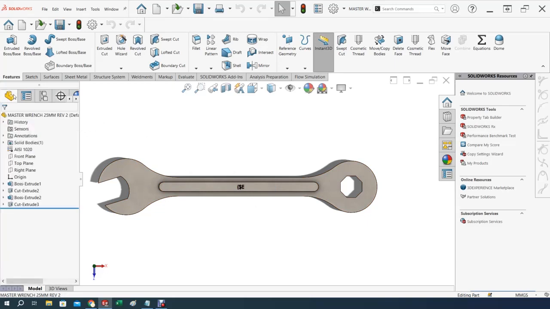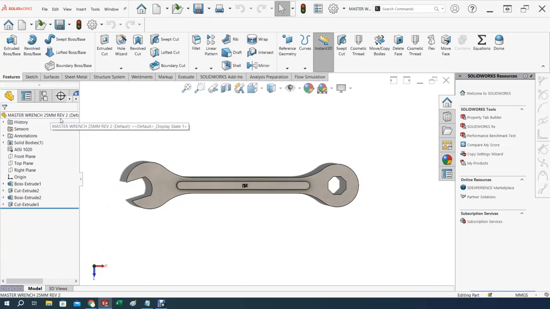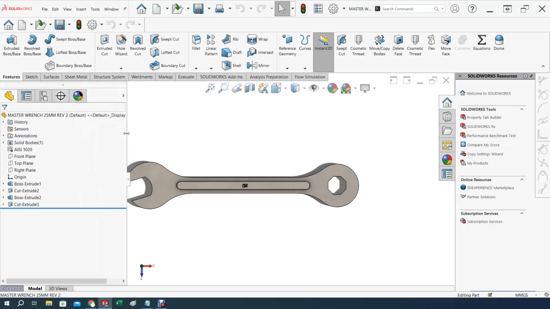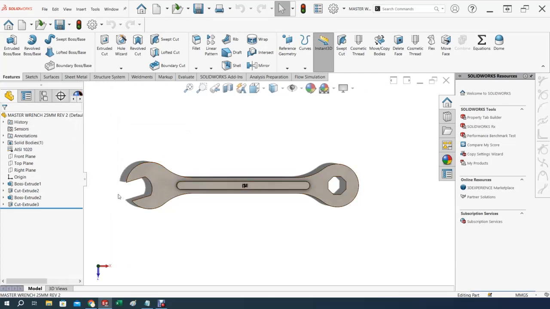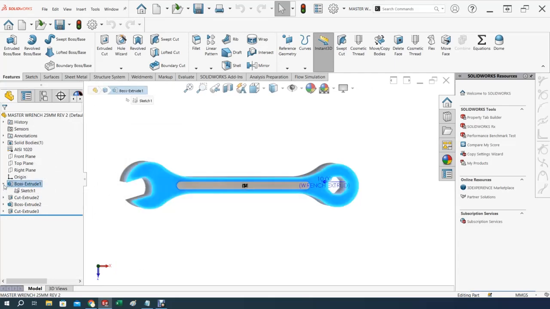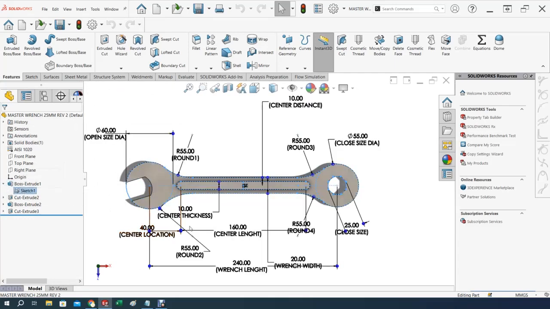Let's go back here. And let's see where we are. 25 millimeter range, rep 2, but I don't see the, okay, default. Let me see what we got there. 25, good, no problem. The 25 range is still there, which is what I need to have. And with that done, this is what we're gonna do. We're gonna bail out from here, and